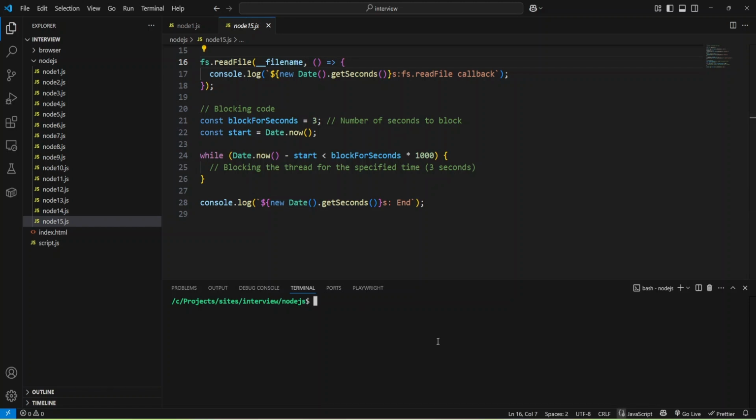Okay, and let me run my script, and let's see. We have start, then blocking code, then end, promise, set timeout, and read file callback.